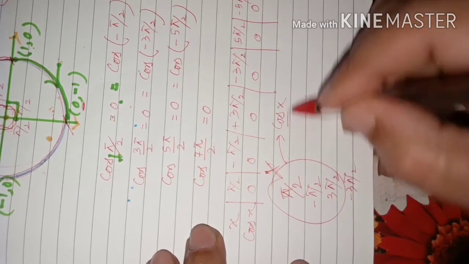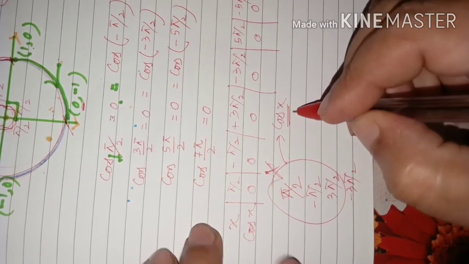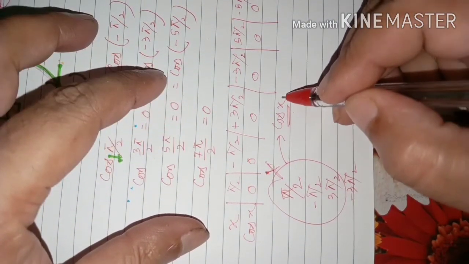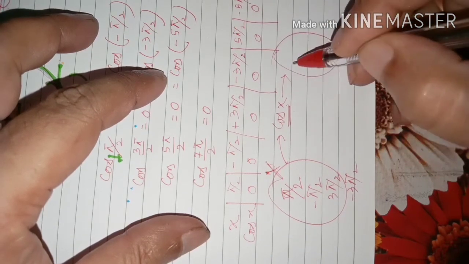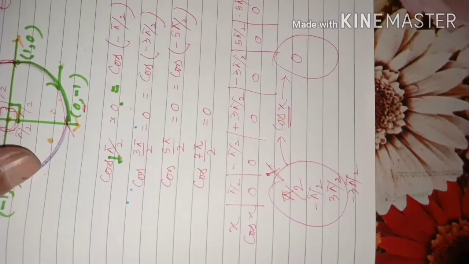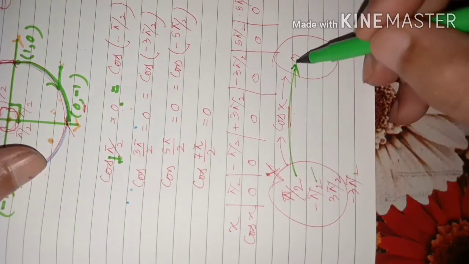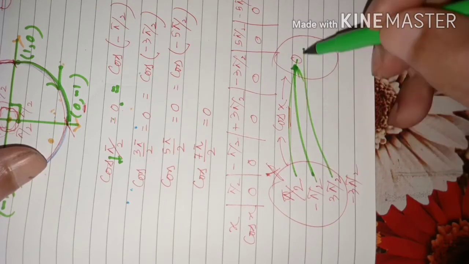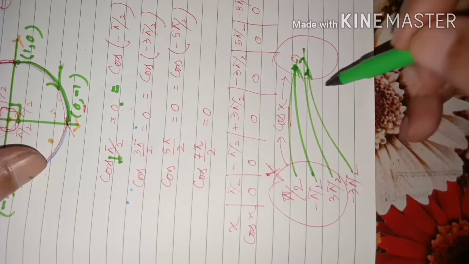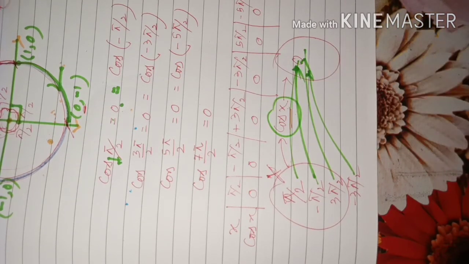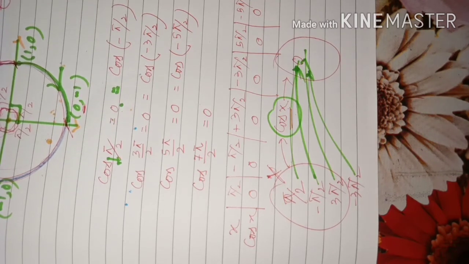Now this operation can be said to be a function, because when these inputs are given here, it will give a unique image. What is that? 0. So cos pi by 2 is linked to 0, minus pi by 2 is linked to 0, 3 pi by 2 linked to 0, minus 3 pi by 2 linked to 0 by the cos function. Have you understood? So we are coming to a conclusion now.